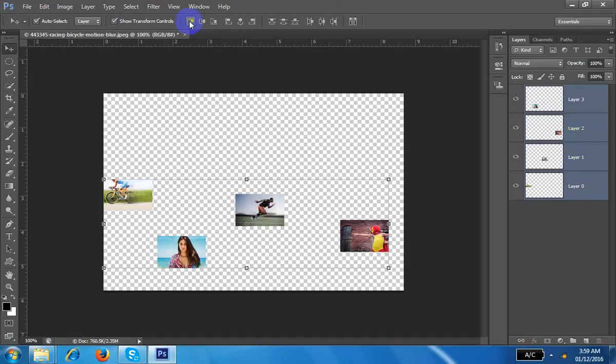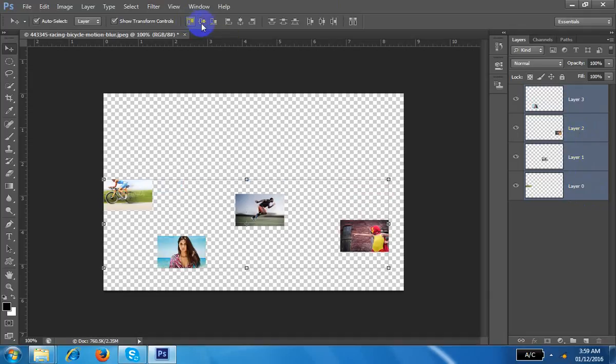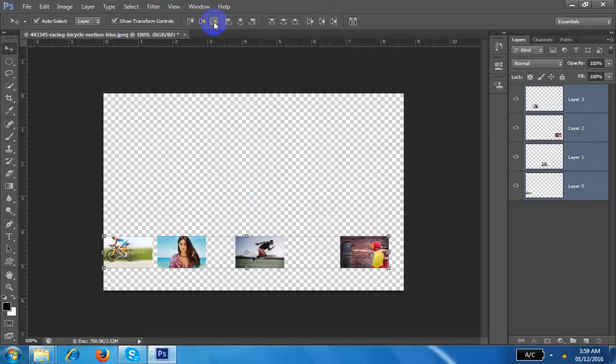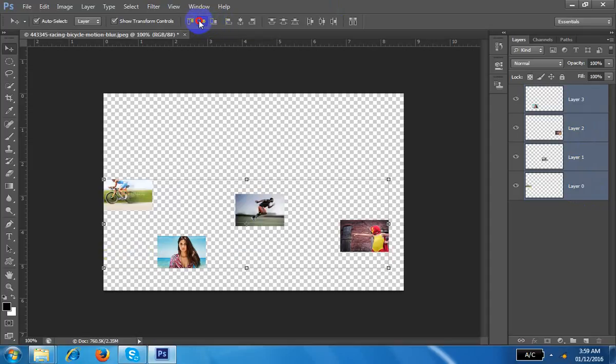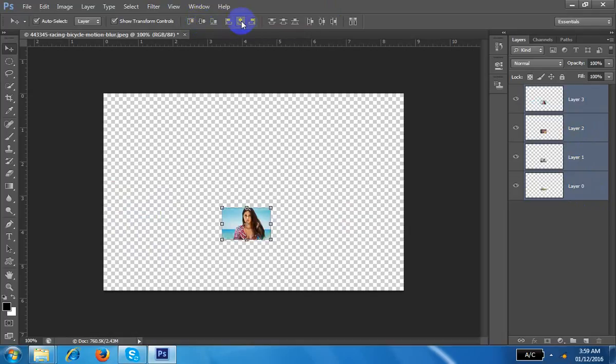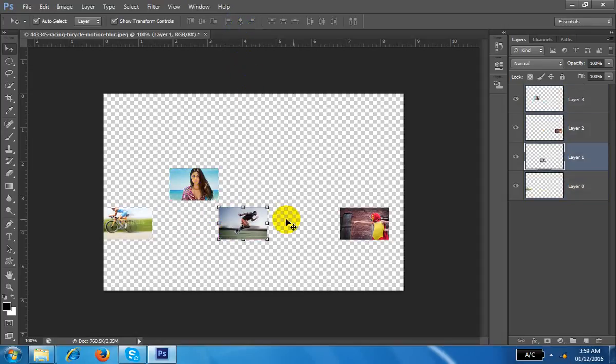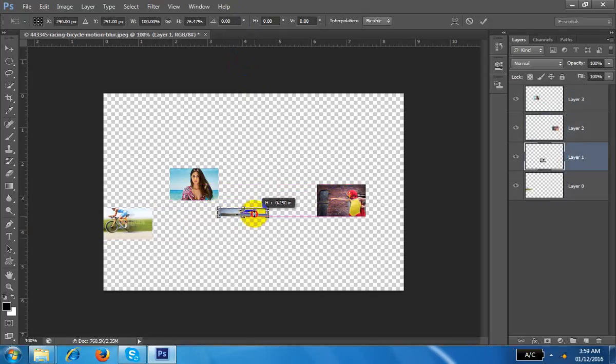Okay. Go to the top alignment. This is the top. Control Z. Go to the bottom alignment. Control Z. Go to the center alignment. Okay. If you go to this center alignment, it will align all the images one by one because it is vertically center. Understand? Again, understand everything. If the image is like this one, what do I want to do? I want to make the same distance also. The distance is not good.